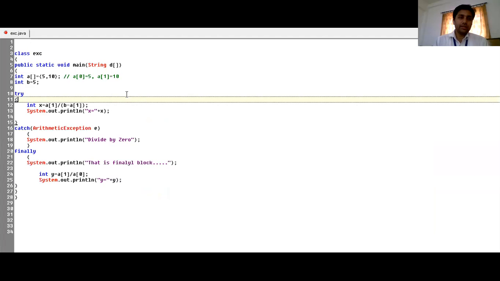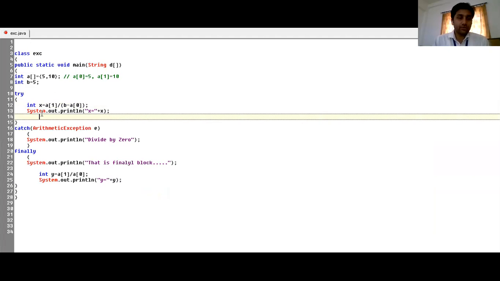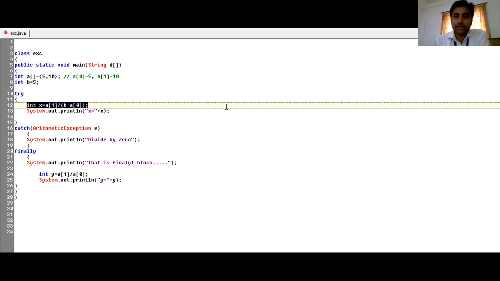Now we are going to make some changes in our program, and we are changing a of 0. When you solve it manually, you see that a of 1 is 10. So 10 divided by b minus a of 0, where b is 5 and a of 0 is 5, means 5 minus 5 equals 0. So the formula becomes x equal 10 divided by 0. That case will cause an exception, the divide by 0 exception, which falls under